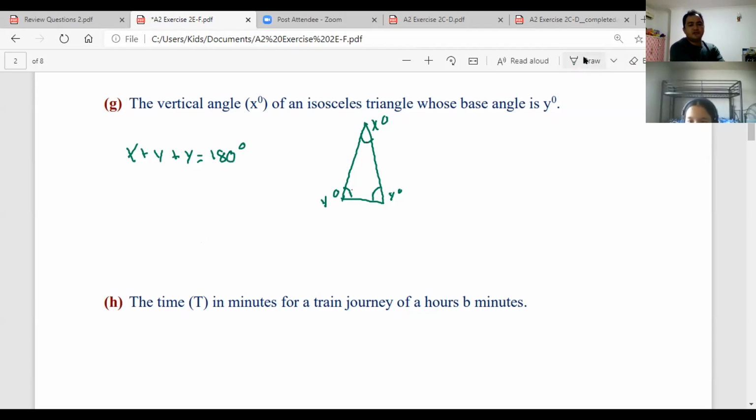Okay. So what is the question here? We need to find x, right, in terms of y. So first simplify. What is y plus y? It is 2y, right? x plus 2y equals 180 degrees. Shahida, can you put the degree? Okay, so there are angles, 180 degrees. So now find x. What is x? x equals,